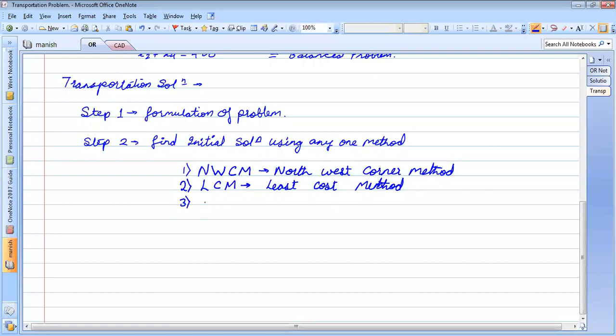The third method is WAM method, Vogel's approximation method.